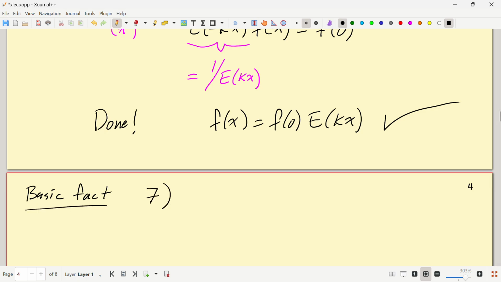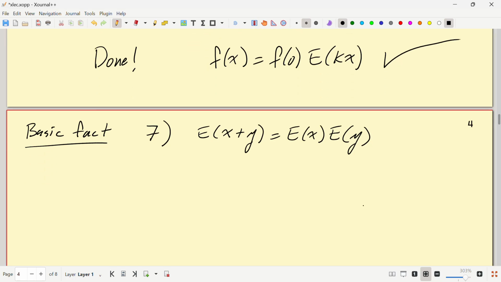Number 7 is that e to the x plus y equals e to the x times e to the y. So the proof of that is to use the basic lemma,